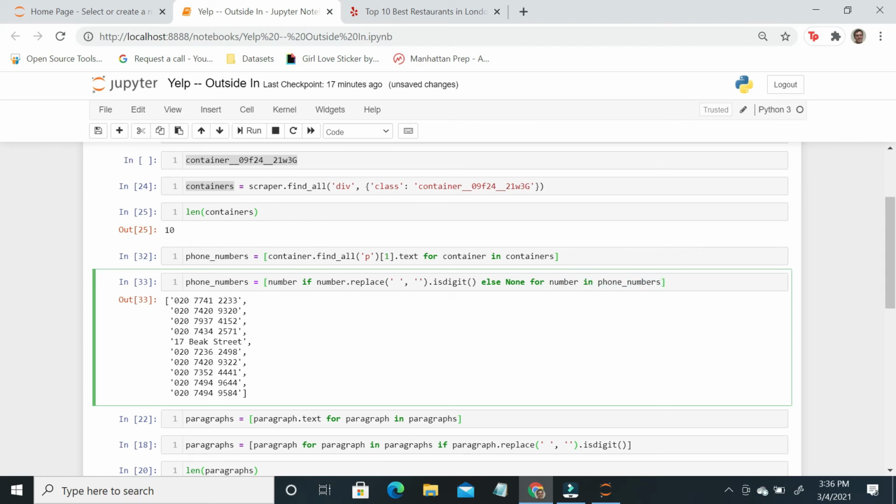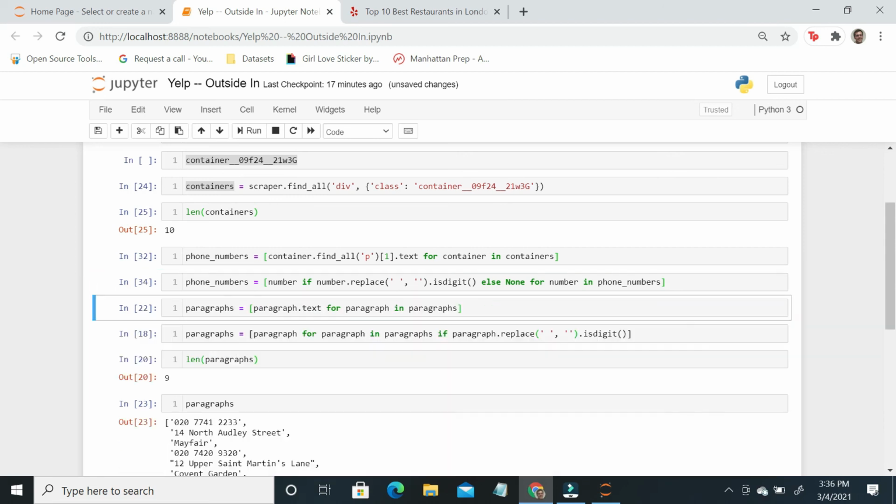We're saying go through each one of these. And basically what we're saying is if we remove the white space right over here and then everything else is a number, then keep it. But if that returns false, then go ahead and replace this with none. So if you run this line right over here,